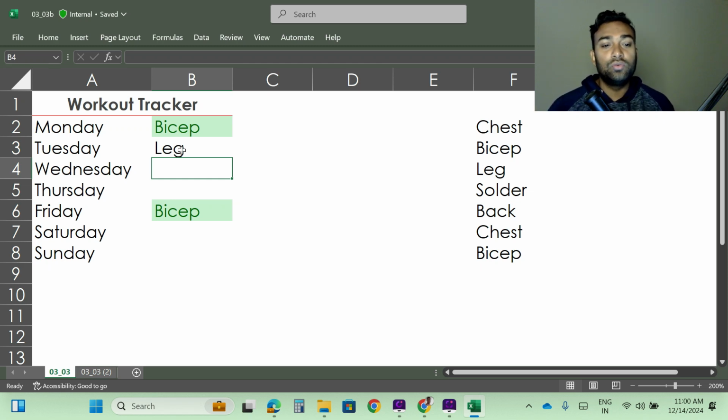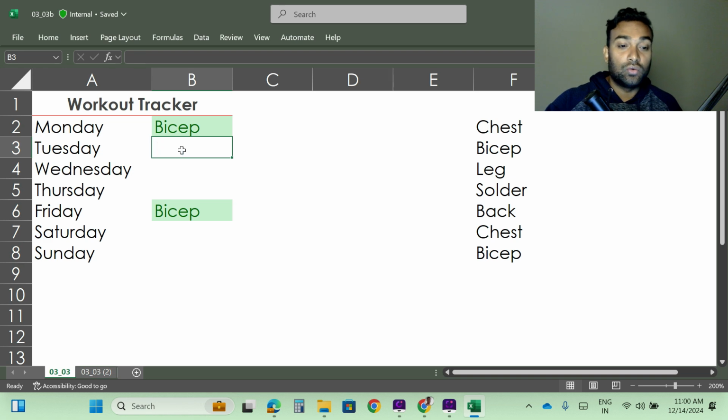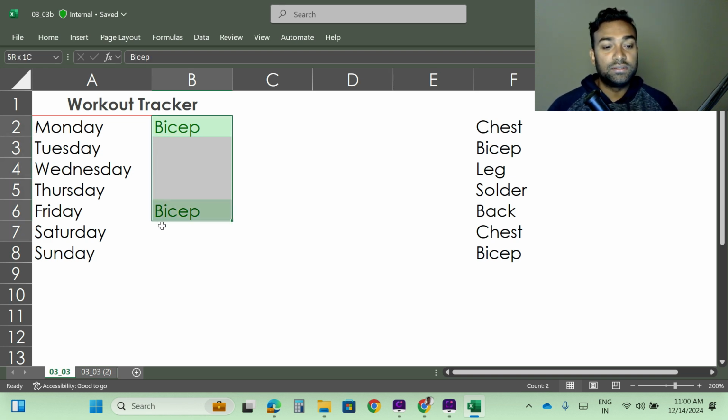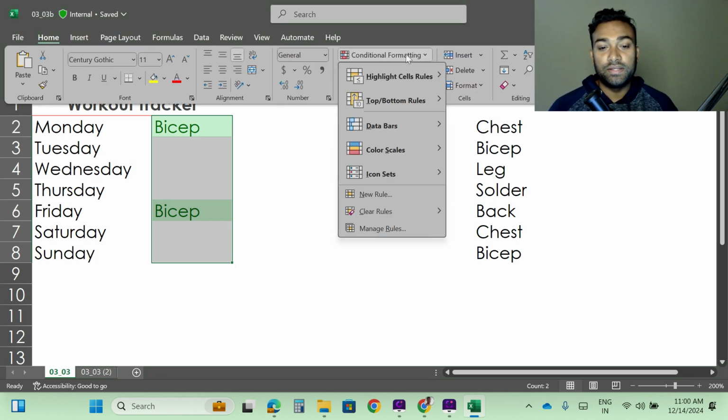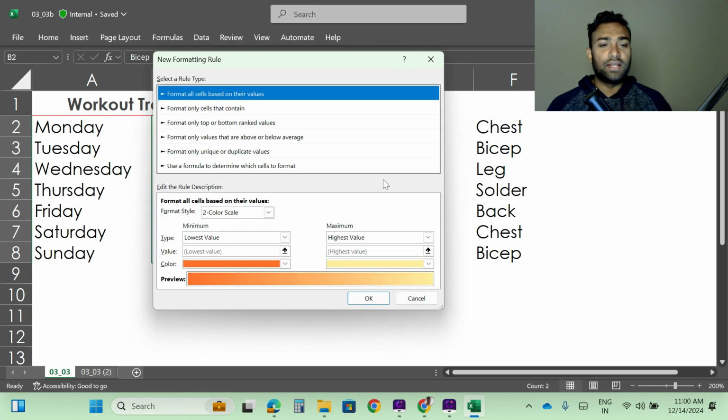So what I need to do is, I can set a rule here. I will select this, then go to Home, then go to conditional formatting, and then I can create a new rule, or I can manage rules. I will create a new rule. New rule is like this,